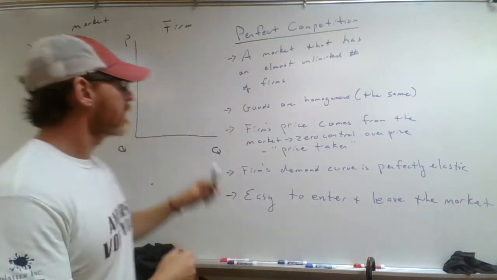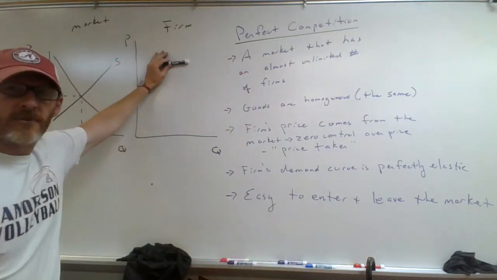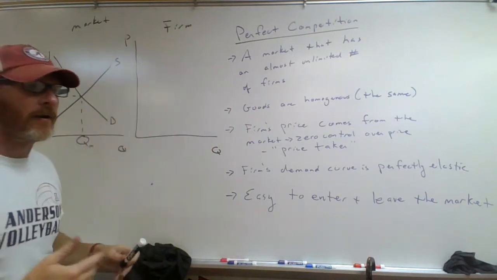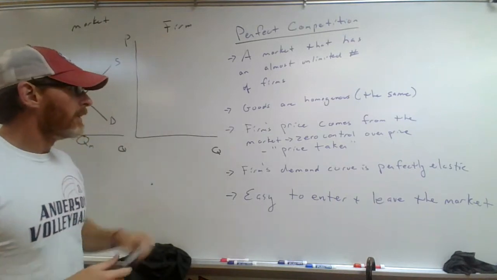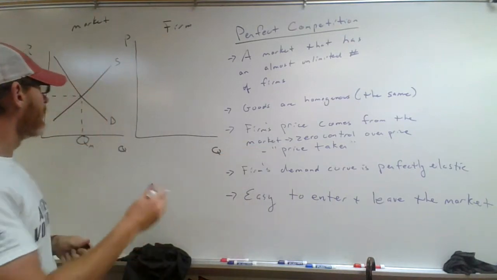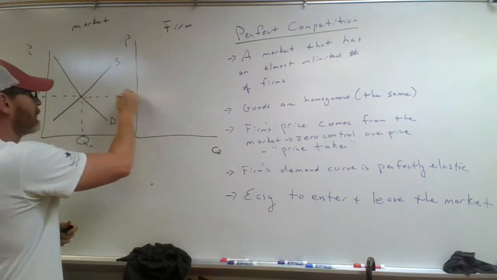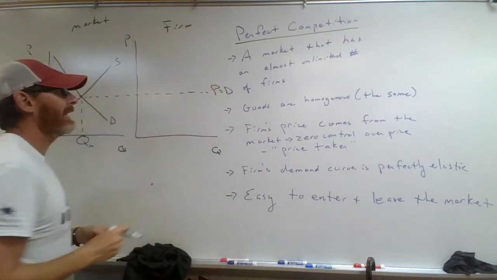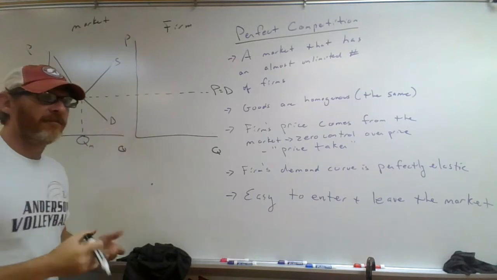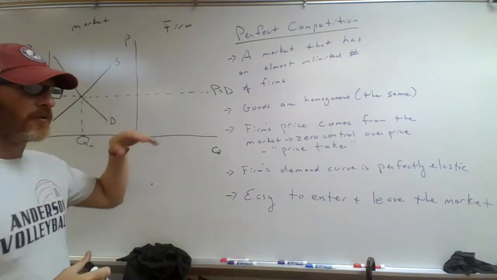But here we're also going to have a firm's graph, okay? So where does the firm get its price? Well, I just told you the firm's price comes from the market. So actually the price is going to come from the market. This is going to be the price actually and the demand curve for firms and people's demand for their goods